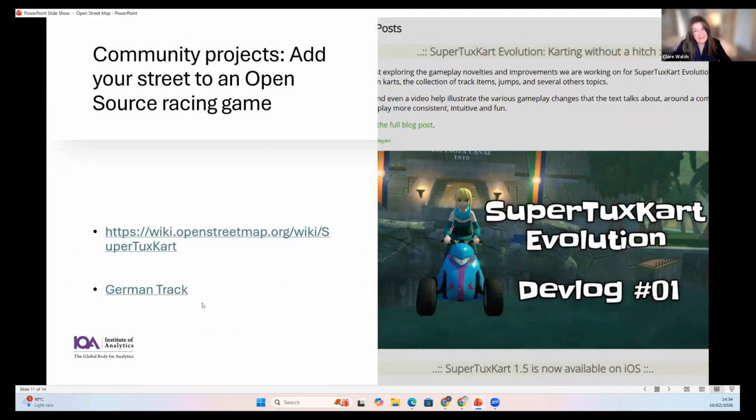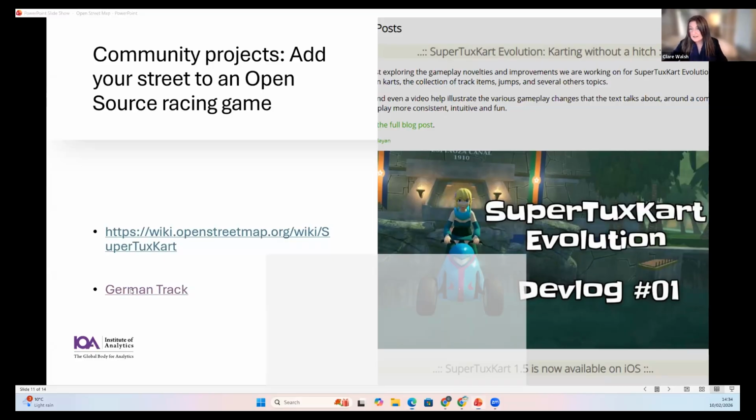Yep. This is one of my favorite applications, not Pokemon Go, although it was a gaming application. This is actually a community-based game building project. So you can build your own video game. You can build a kart racing game to race down the street you live in and to whatever building near your house you want to go to. They've got a new project, so it's Super Tux Kart is the name of the gaming project. So this is building gaming tracks, and they do have a new collaboration with OpenStreetMaps. Let's go to it,